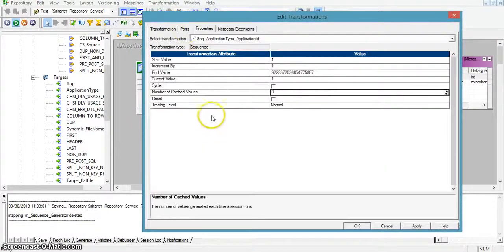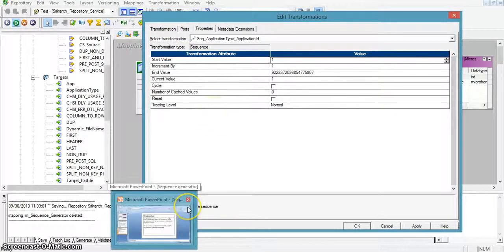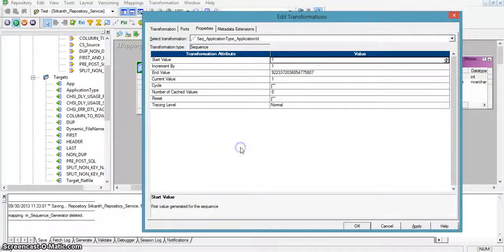Here the integration service starts the sequence from the start value, meaning initially the value for the sequence is 1, and here we have a property called increment by, meaning for each and every record the value will be incremented by 1, like the series 1 2 3. And end value is the maximum number that the integration service can generate as part of this sequence transformation.